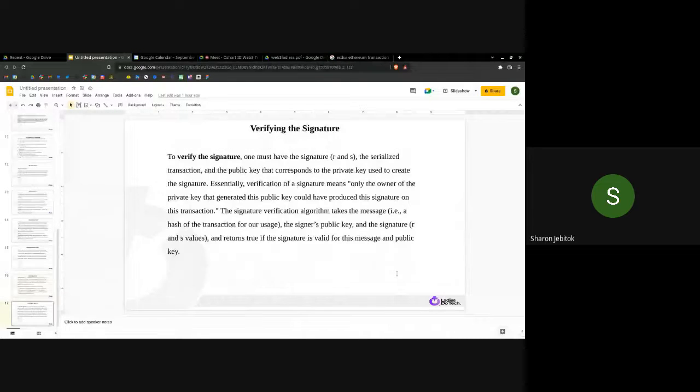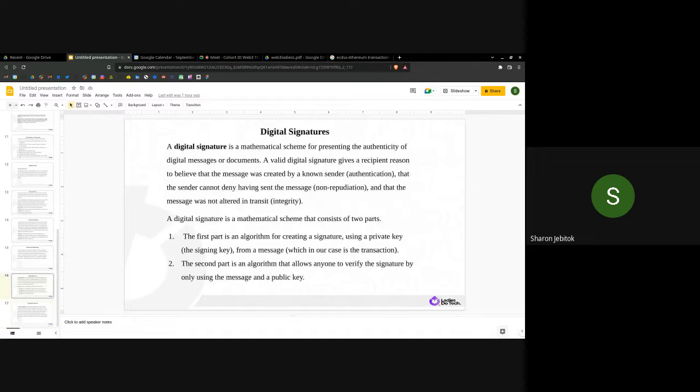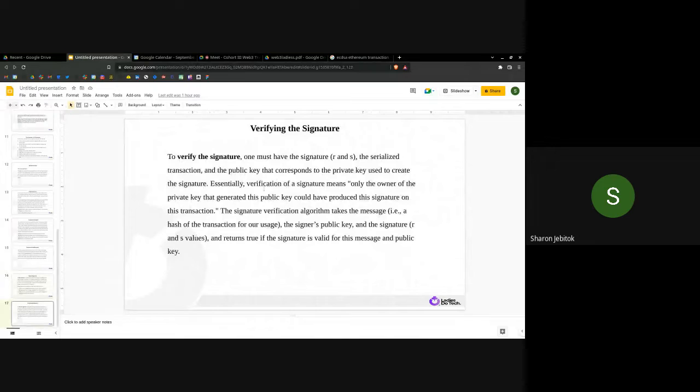And when we are talking about verifying a signature, you'll need three things, which is the signature that was created by the first part, the algorithm for creating the signature. Once that signature is created, you'll need it as part of the things needed to verify the signature. So you'll need the signature, the transaction,